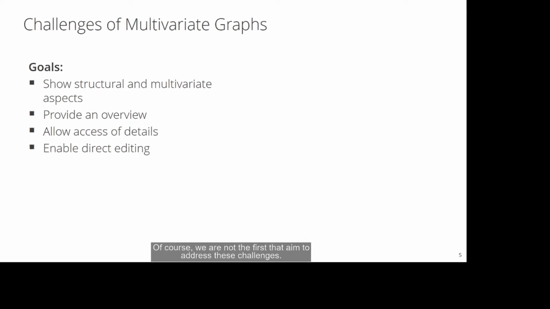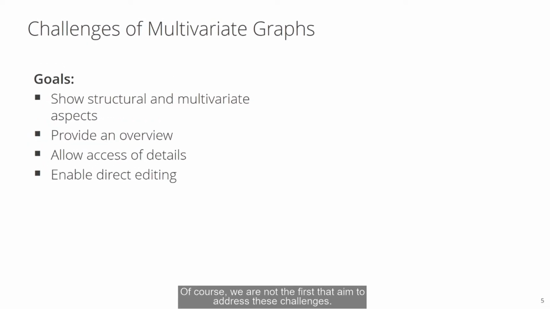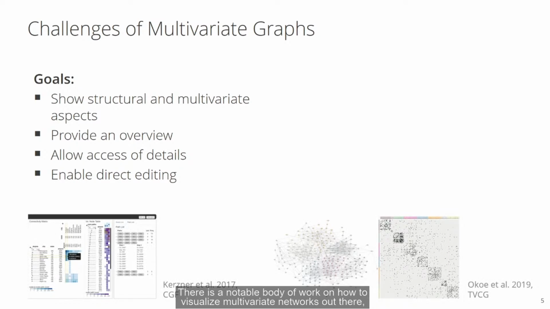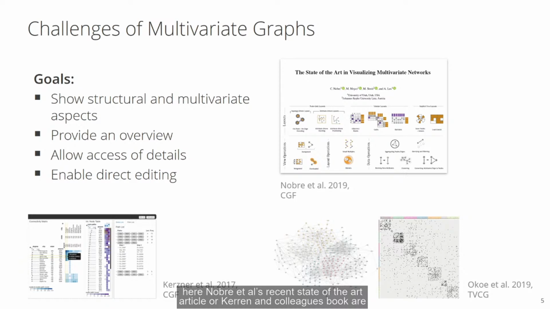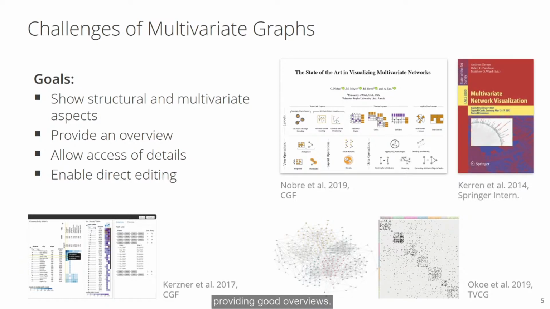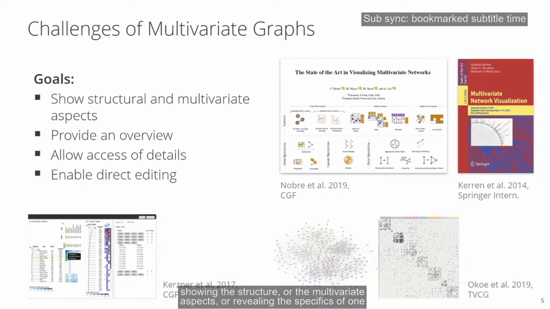Of course, we are not the first that aim to address these challenges. There is a notable body of work on how to visualize multivariate networks out there. Here, Nobre et al.'s recent state-of-the-art article or Kaiyuan and colleagues' book are providing good overviews. However, the existing solutions are often optimized for one certain aspect, for example, showing the structure, or the multivariate aspects, or revealing the specific